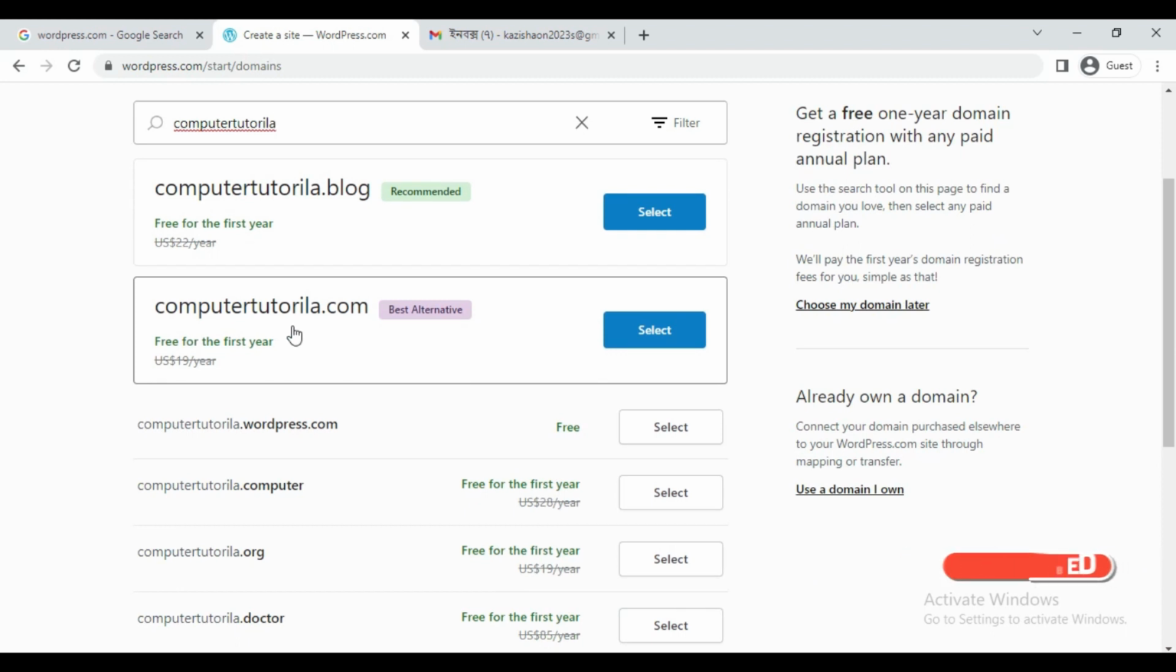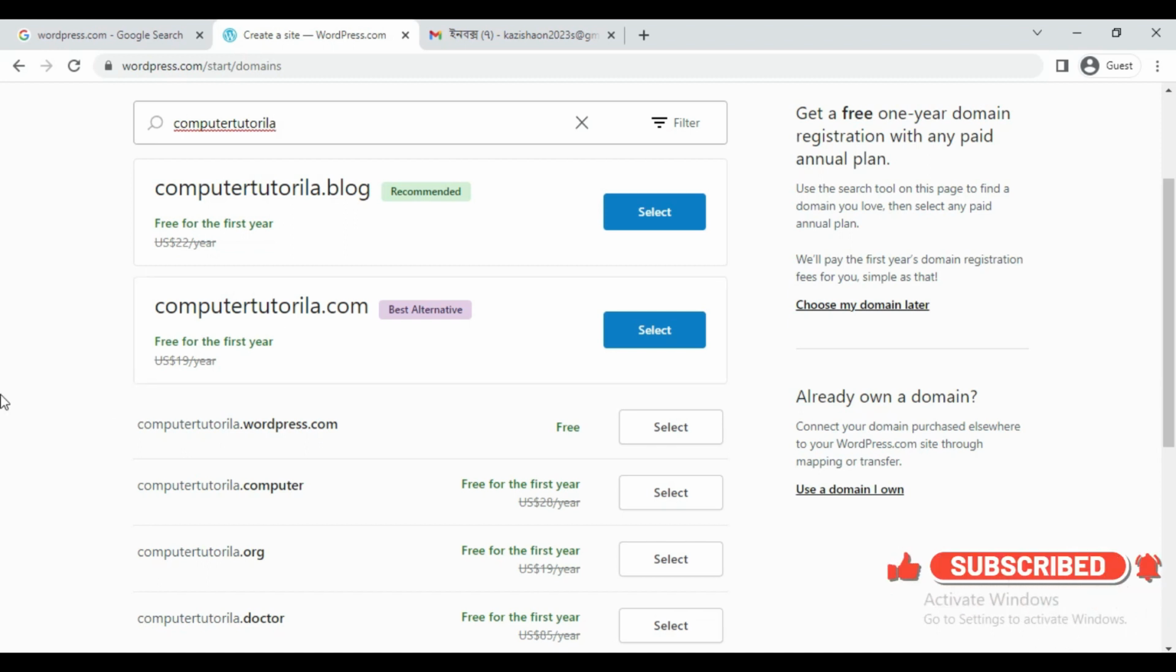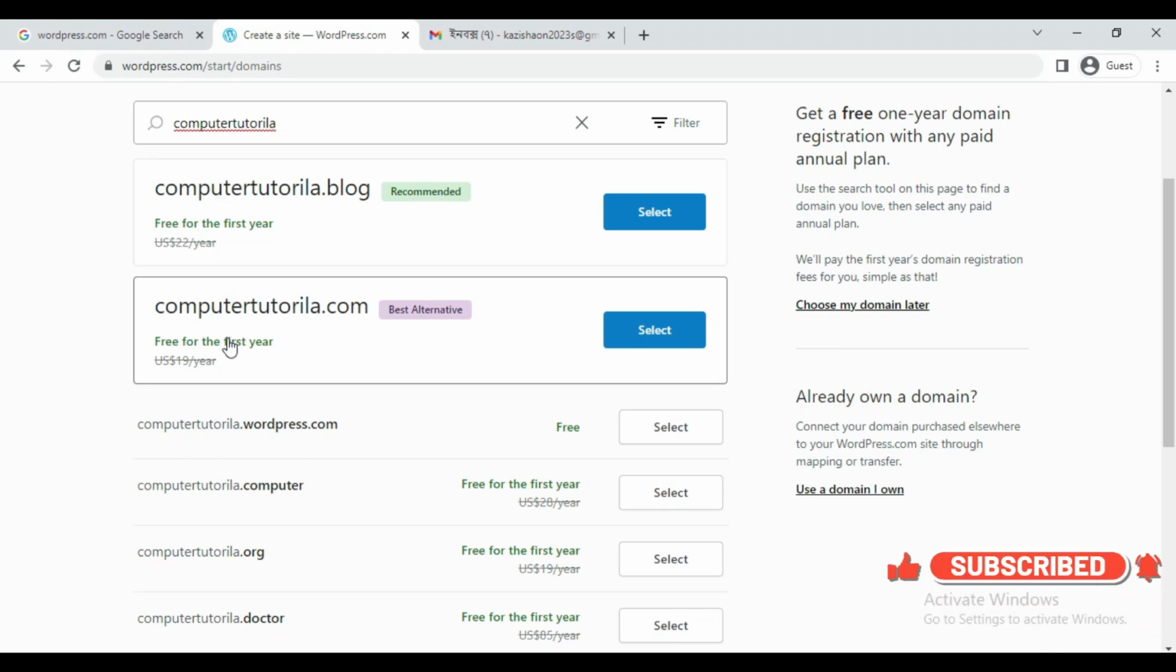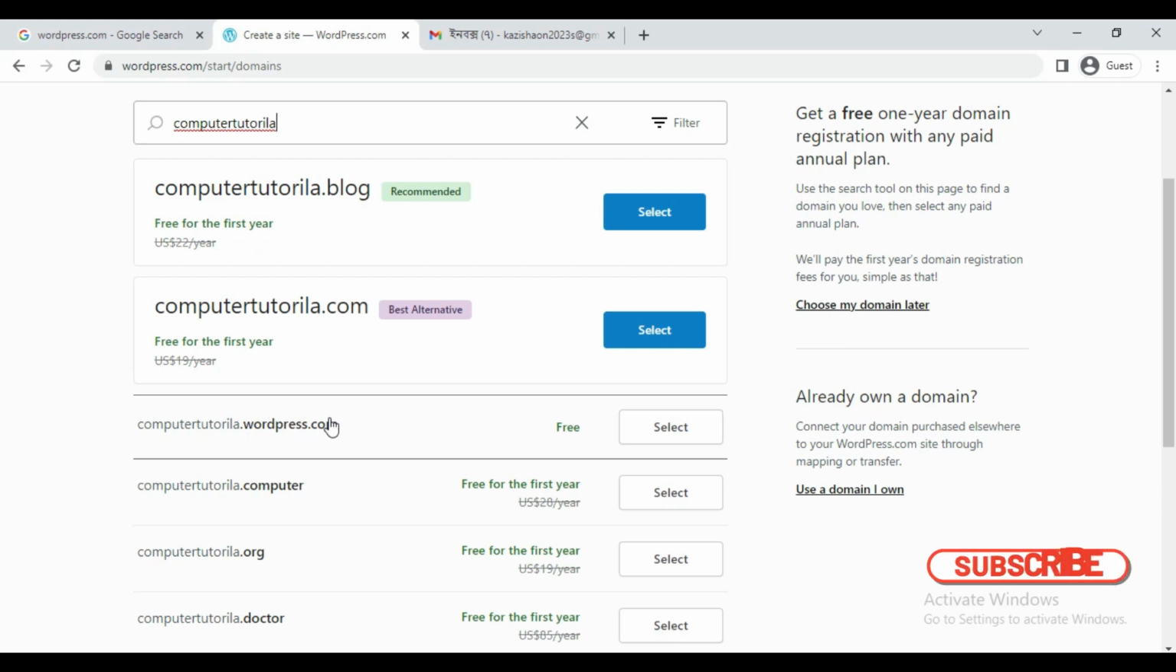computertutorial.com is already free for this, but I want to create a blog site that is free for a lifetime. Then you need to click here, computertutorial.wordpress.com. But if you chose that, next year you need to pay $22 per year. If you chose this domain, you need to pay $19 per year. You can choose that for the first year free, but I don't want to spend a single penny on creating a blog site. Okay, then you need to choose